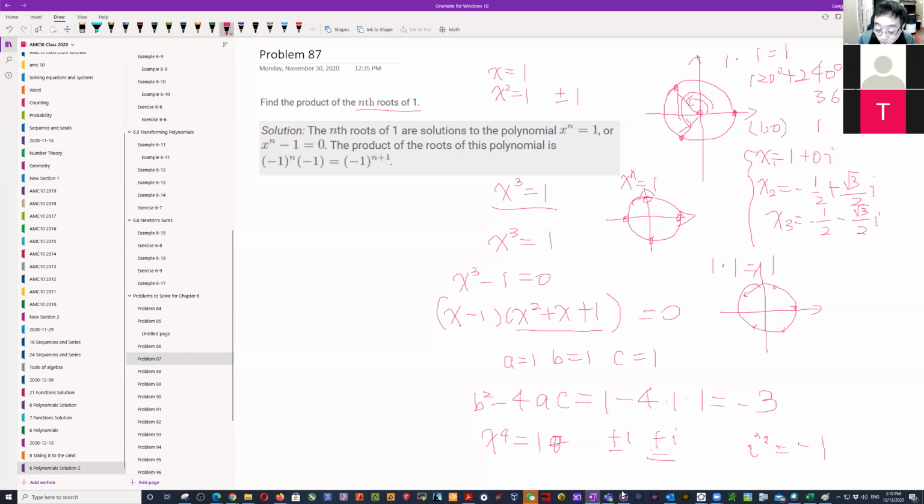Then it's obvious that those four numbers are the roots. If you really try to do it, you will find that